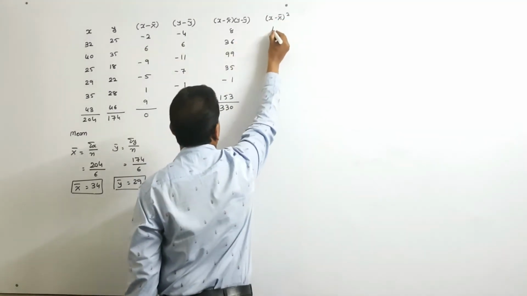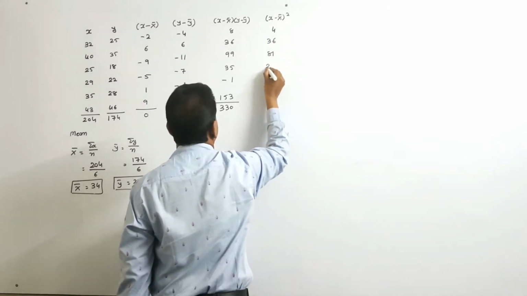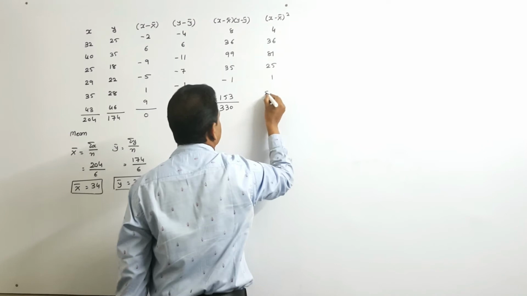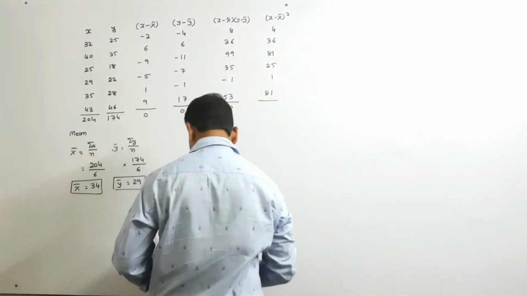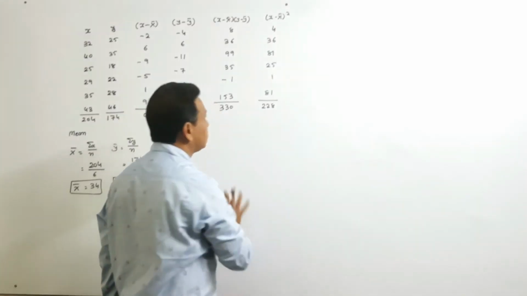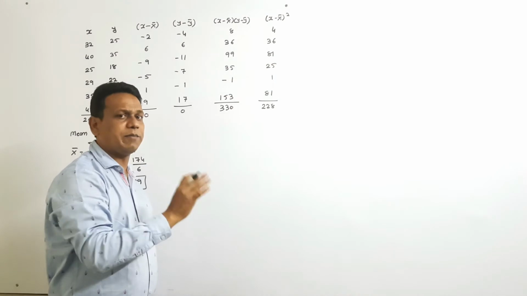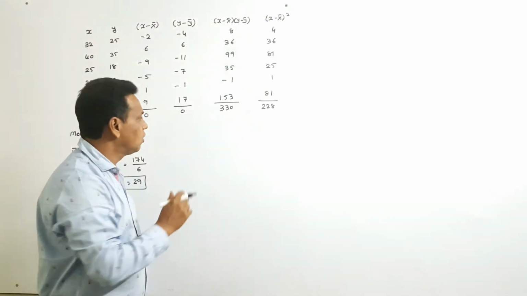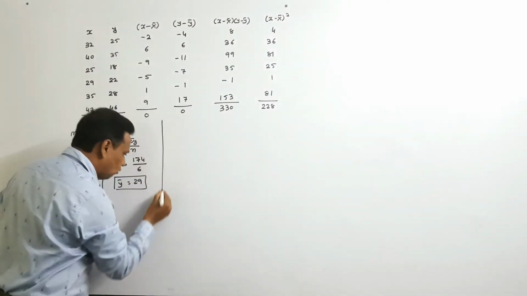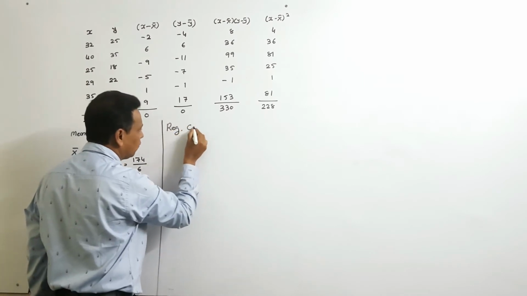So 2 square is 4, here it is 36, 81, 25, 1 and 81. Please get the total of this column, it is 228. My dear friend, this method is very easy because the columns are the same as we prepare in the chapter correlation. Okay, so now we have to find out the regression coefficient